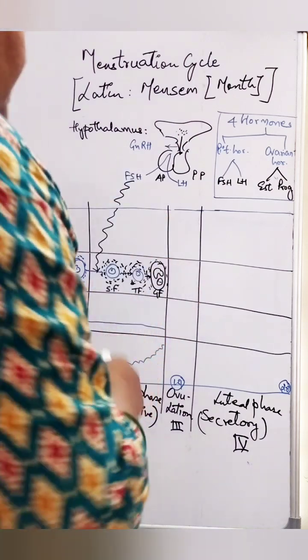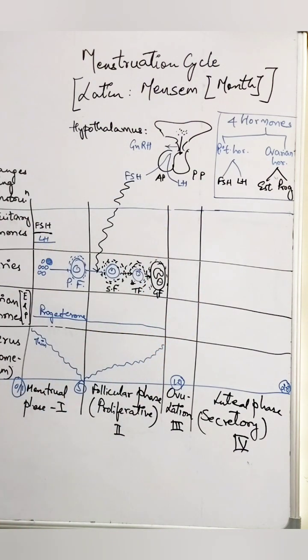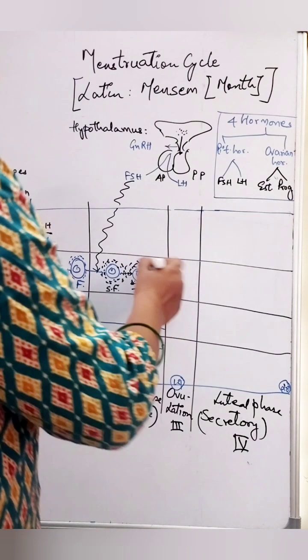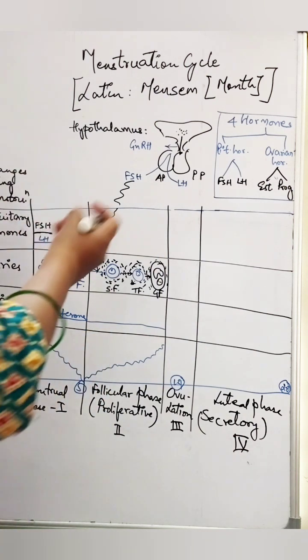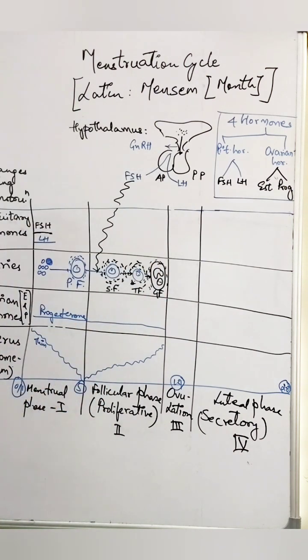Now the magic game play is done here. Now what will happen? Now the granulosa layer of the Graafian follicle, or simply the tertiary follicle, not an issue,